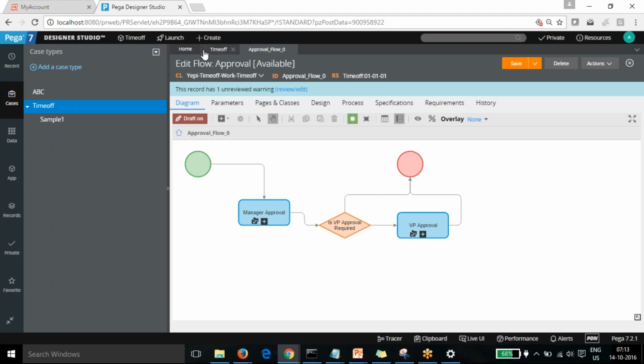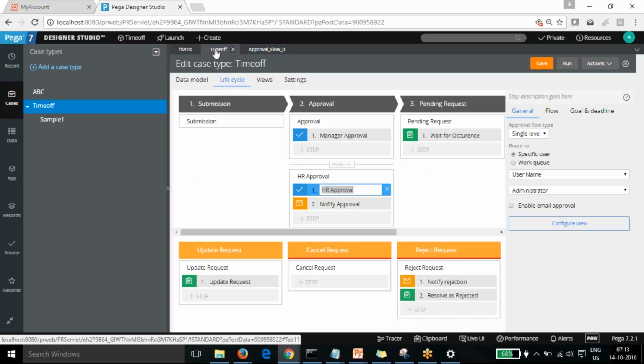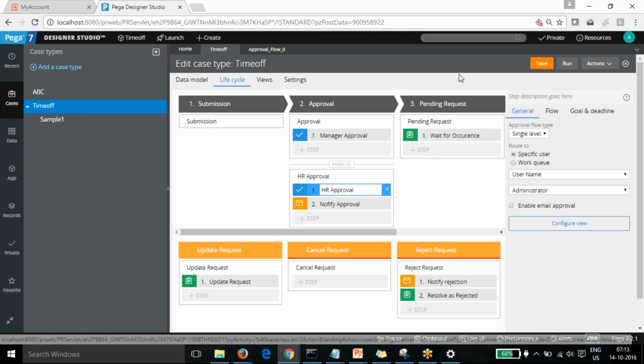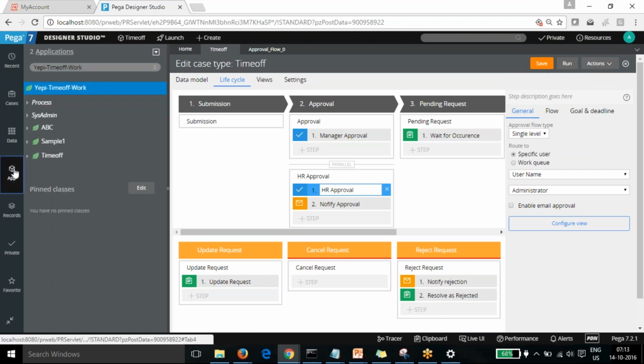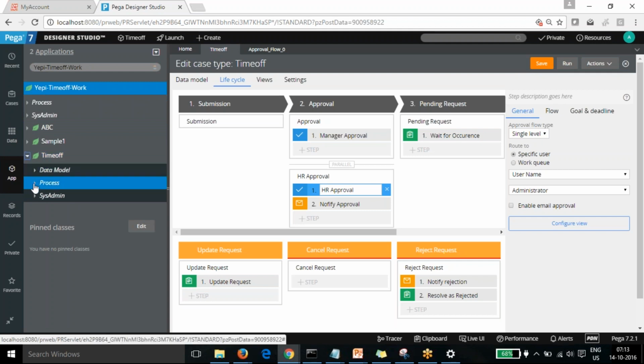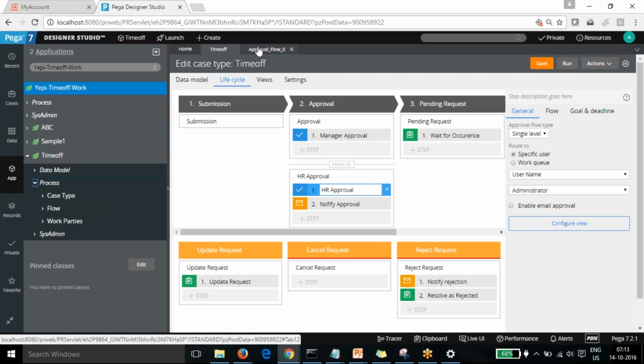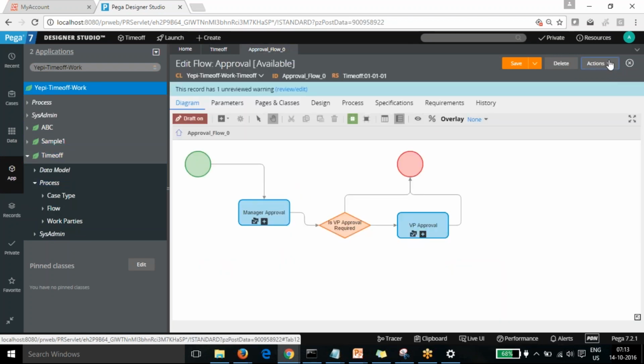If I open a rule, I think in this rule you will not see that. So if I'm opening any particular rule, from that timeout, we have created some rules in the flow. Can you see that? Yeah.